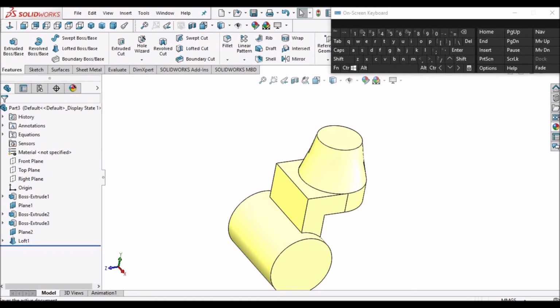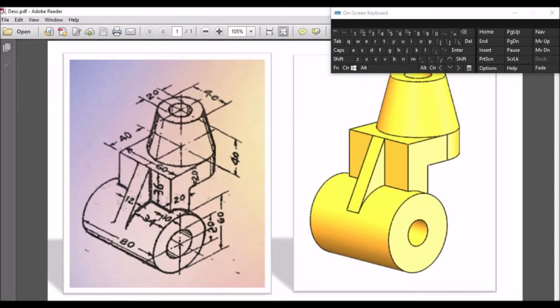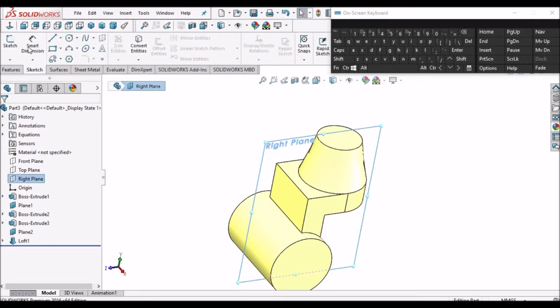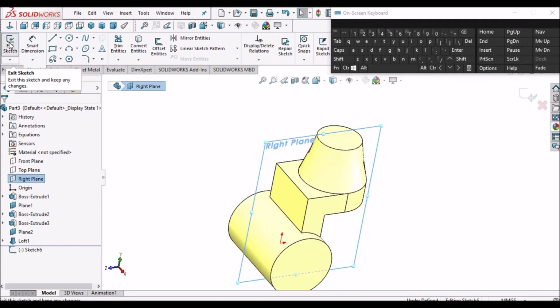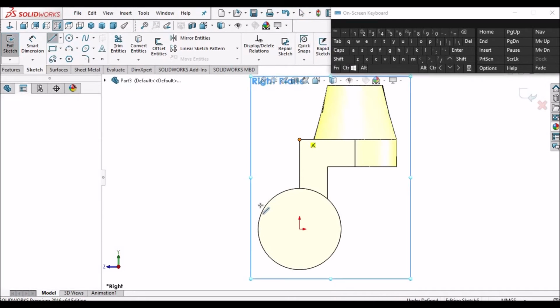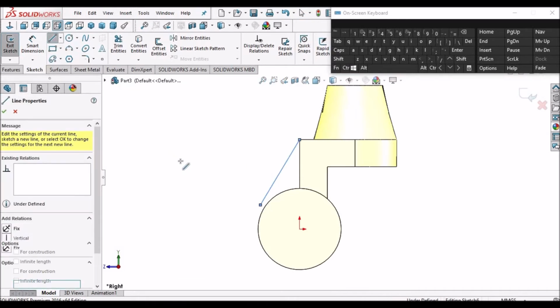Now I have to create this rib. Rib is 12 thickness. So select the right plane, go to sketch, keep it normal. Here draw one line from here to here.